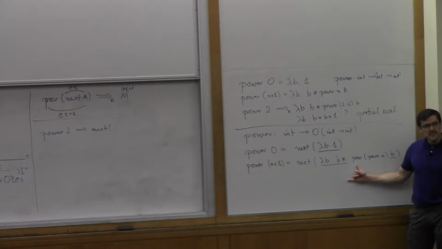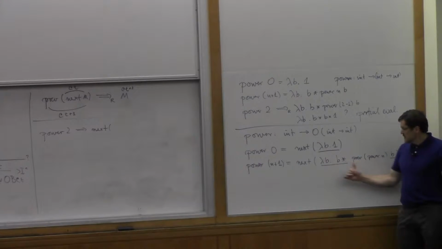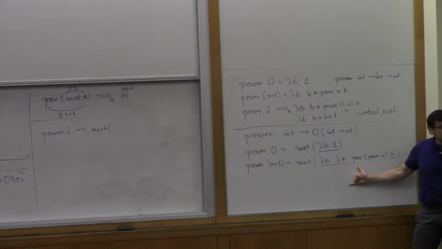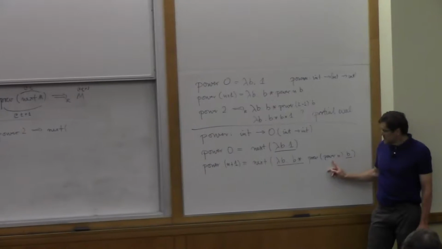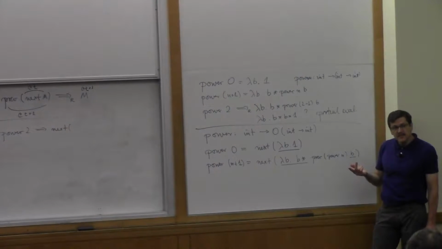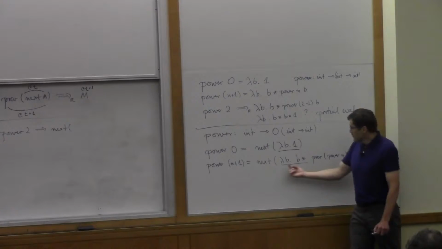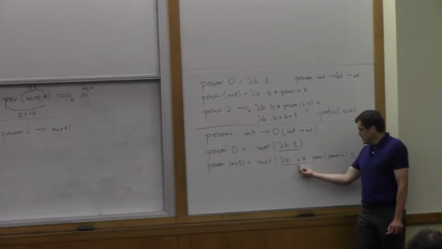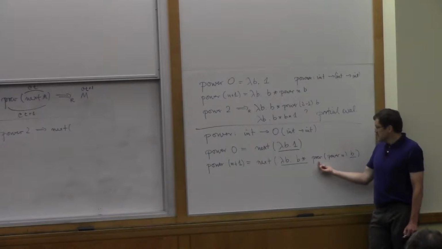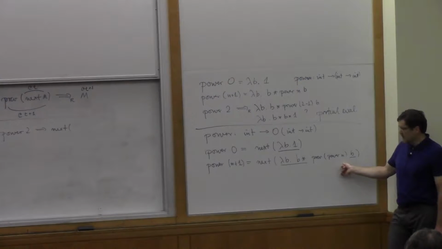And I'm hunting for prevs, because if I see next and I come to a prev, then I actually have to evaluate this now, because whatever is underneath the prev is going to be at time 0. You see why I'm doing this? I'm obligated to do this now. So I'm going to go through the term. Time 1, nothing happens, nothing happens. I see the prev, and now I have to evaluate that power of n.